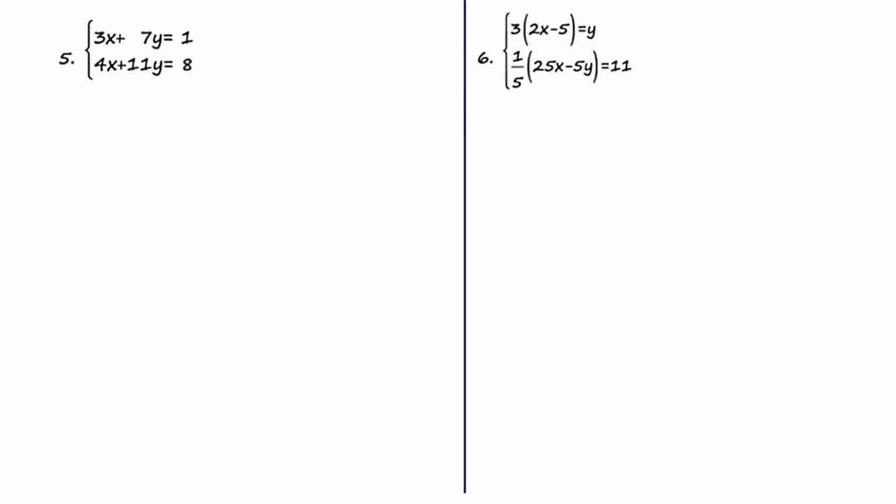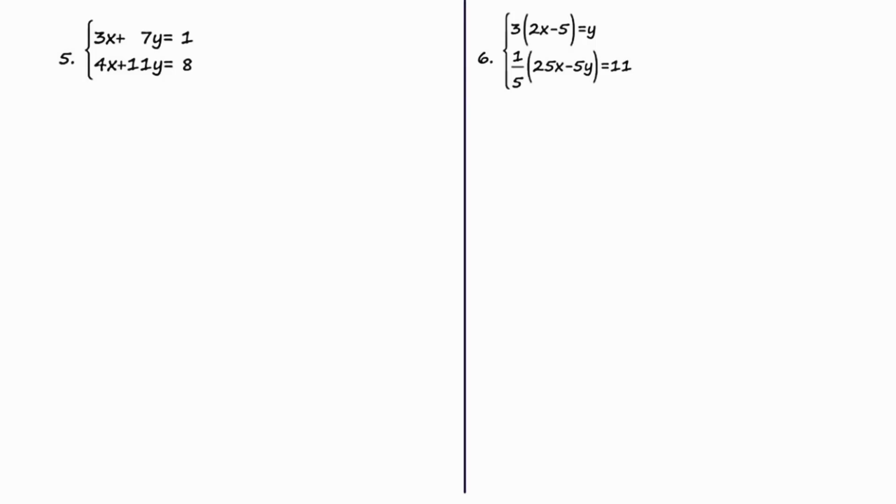The first thing I notice about example 5 is that my template is in line. All the x's are lined up, all the y's are lined up, and all the numbers are lined up. So the next thing that I need to do is pick a variable to cancel out. And I think I'm going to cancel out the x's because the coefficients are smaller numbers and are easier to